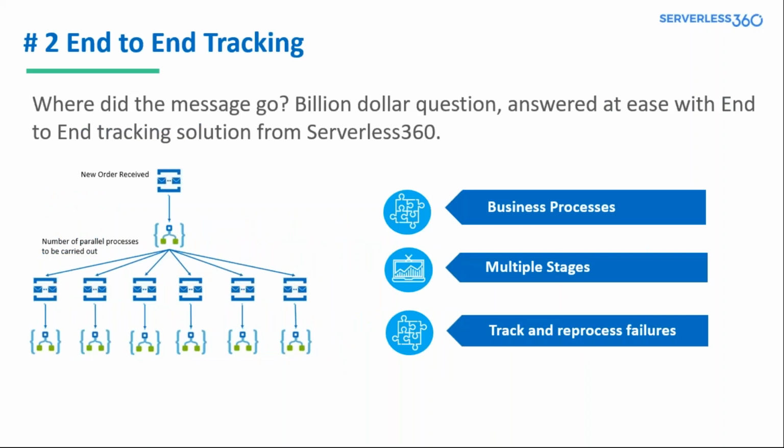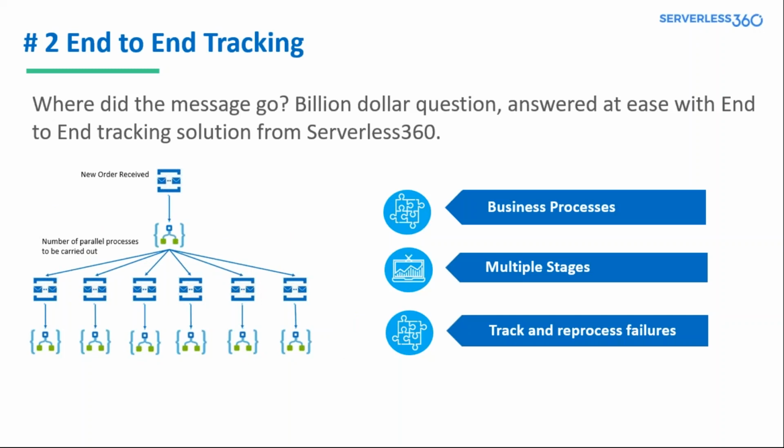Number two is end-to-end tracking. Where did the message go? This is the $1 billion question that your support team huddles to answer. And here we have a solution to enable your support team to provide better customer support. You can define business processes